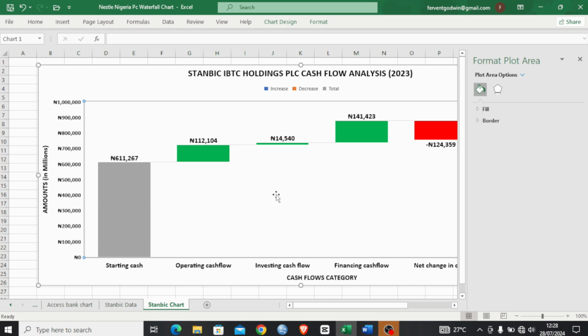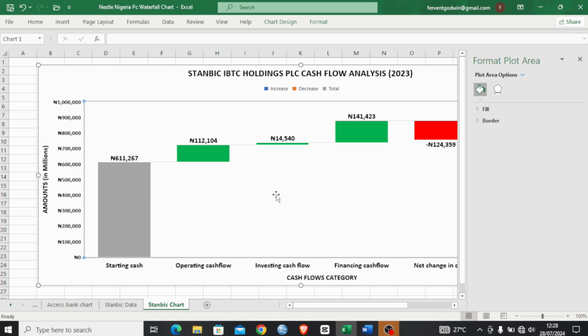And then the financing cash flows. The financing cash flow for this particular company is showing 141.4 billion naira for the year 2023. And then we see here, let me check this out, okay, for a better view now. So we see here now that